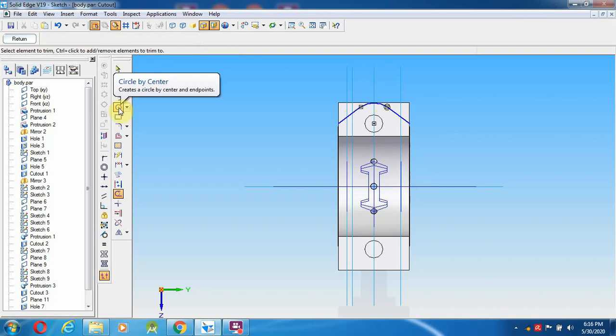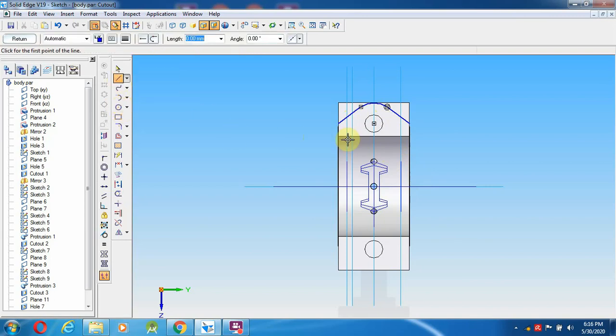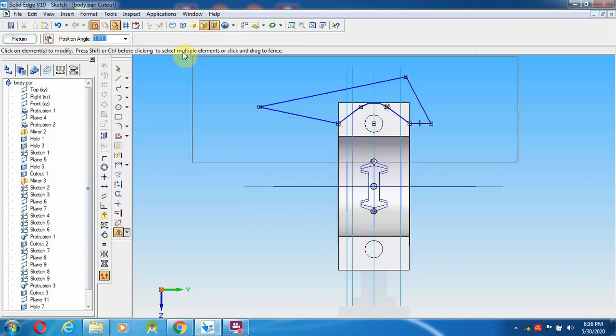For those things, I am going to select a line from this end, and draw from here. Okay, now go to select the mirror.